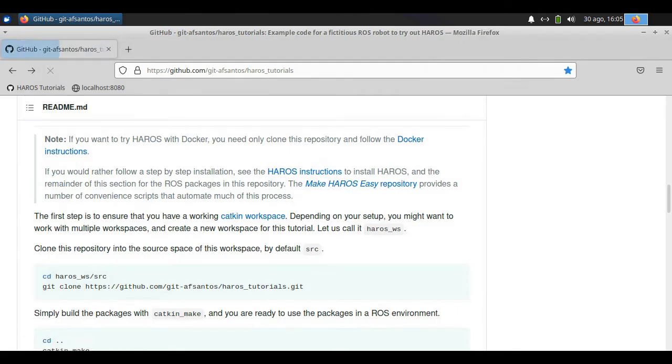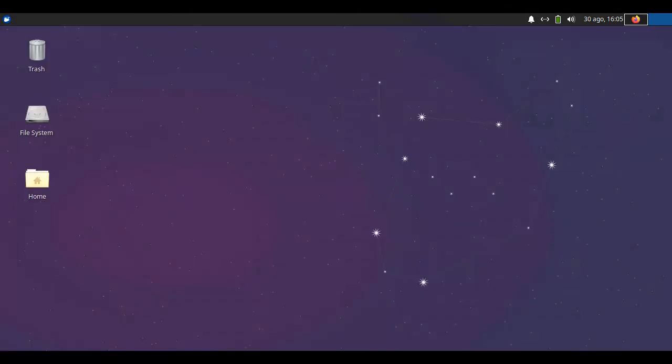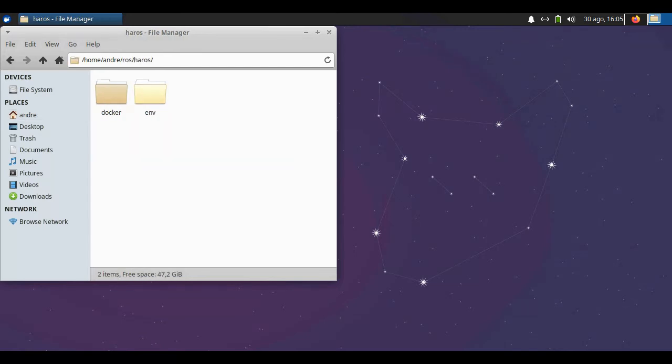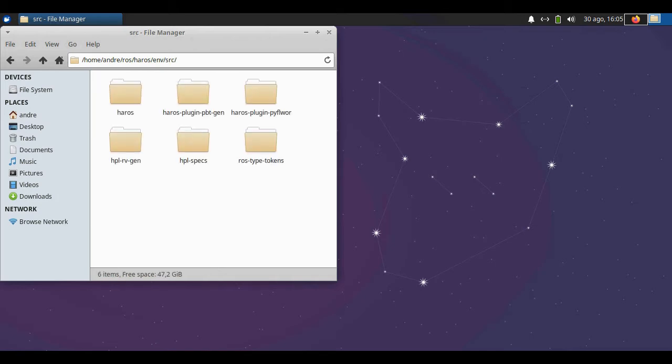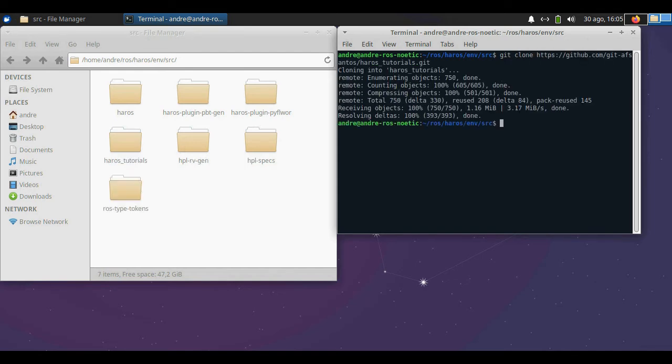So then, of course, the first step is going to be cloning this repository. So let's start with that. I'm going to select a directory for this repository and simply clone it. Then move into this new repository and specifically to the Docker directory within.